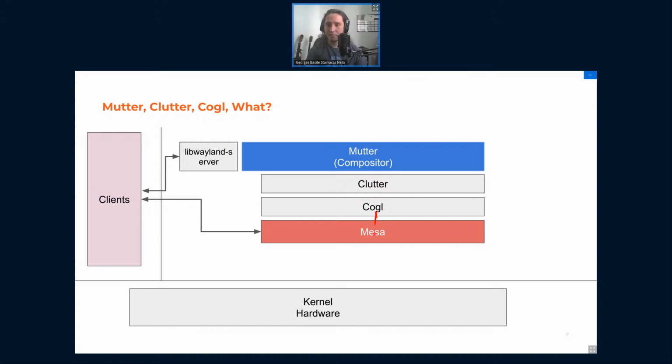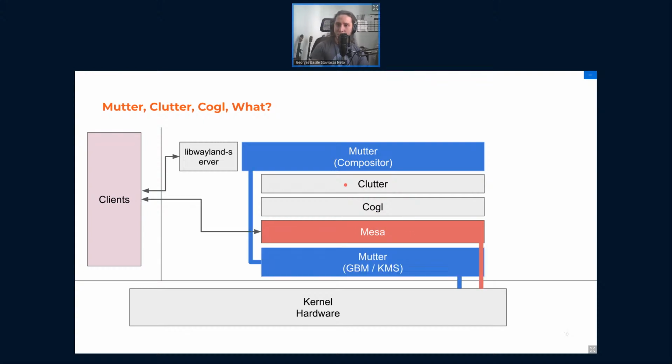But yeah, Cargo is basically nicer OpenGL. Flutter on top of that, and then Mutter on top of Flutter, doing all the UI management bits. And the cool thing about Mutter is that Mutter also has to draw itself on the screen somehow. So you've got the client texture, the client draws something on the GPU side, and then the client tells Mutter that it has drawn something on the GPU side. Eventually it shares the texture with Mutter, and then Mutter also has to draw stuff on top of it. So it does the compositing bits also with OpenGL.